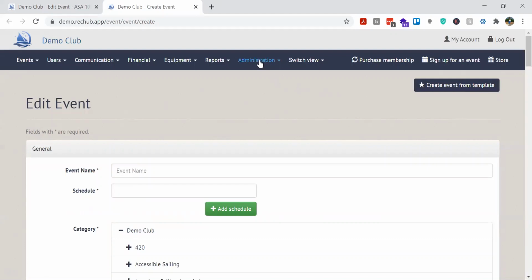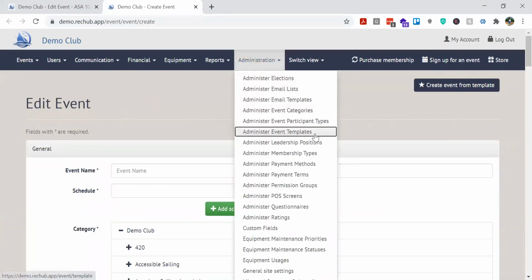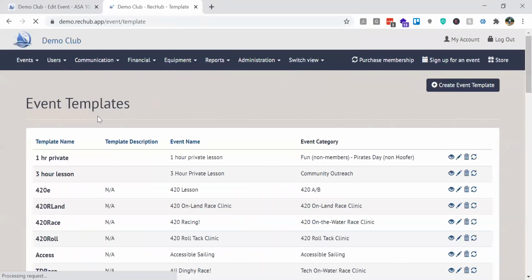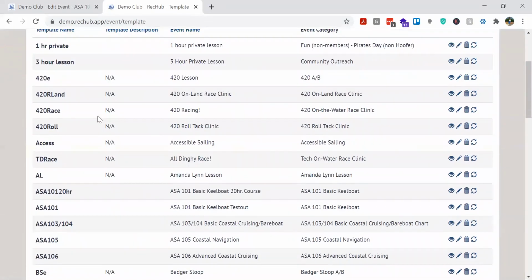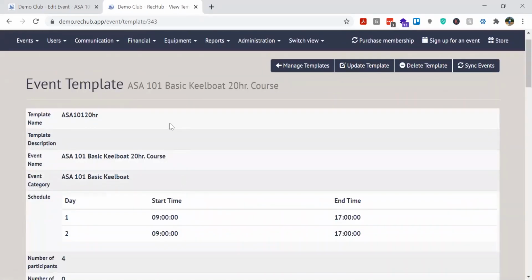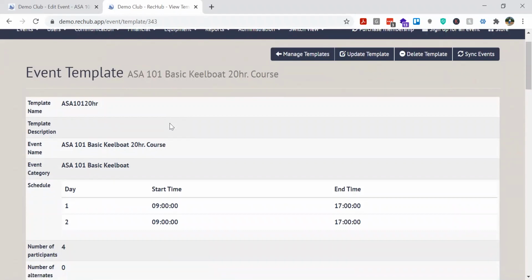Now, event templates can be created from administration and manage event templates. So I'll jump to this page and show you one of our pre-existing ones. Let's say I'm looking at our ASA 101 class. Rather than entering all of the detailed information, the schedule, the description, which boats we'll be using, things like that, every time we want to schedule this course, by creating a template, we can actually save a lot of time and it will simply copy over the information from the template. You would just enter the new dates and start times,